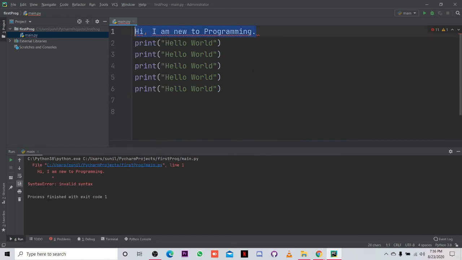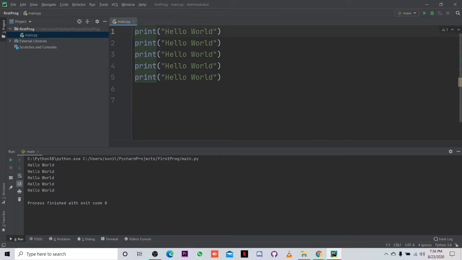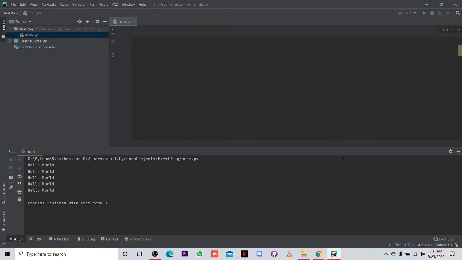We remove this, and now without the comment we are using the print. When we run it, we'll see hello world, hello world, hello world, hello world, and hello world. Got it? Okay, so we have learned about comments, and next